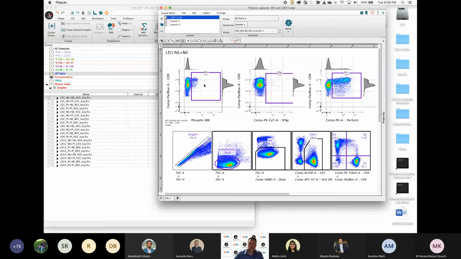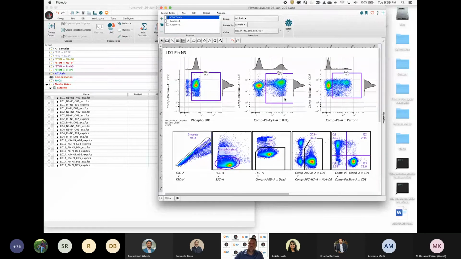So notice I start with the no stim, low ERK and no interferon expression. Stimulate for 20 minutes to the next sample, and phospho-ERK goes up. Stimulate for 2 hours, and you get interferon gamma as well. Right? And so what I'm doing here as I review these gates is looking for gates that may not be